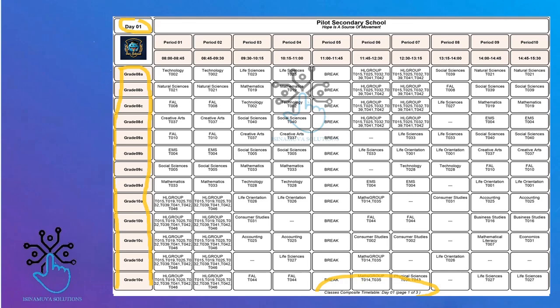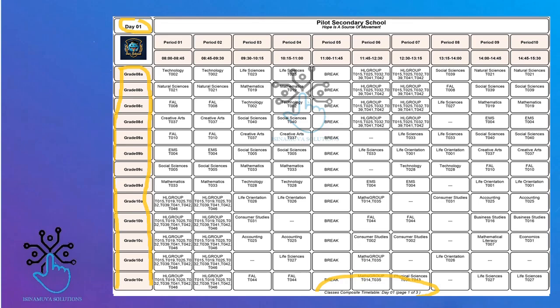The Composite class timetable is a bird's-eye view of the entire school at work, viewed from the class dimension. It is a big picture dashboard of entire school teaching operations viewed from the perspective of all student classes across the school. Dream Timetables app produces composite timetables for each day of the week, showing lessons that are provided to students in all classes. This slide, for instance, shows lessons that take place in all classes on day 1 of